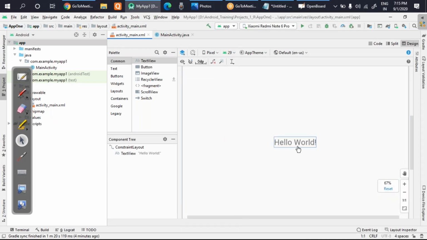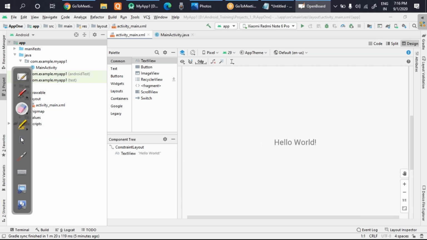Can you see? Yesterday also I showed you. By default, a hello world program is there. If I run this project, it will run successfully, and you will get the output as a white screen where hello world will be written. You cannot do anything, but this will be written there. That's it. So I'll not waste time and I'll not run all these. Let's do some good project and let's understand them.